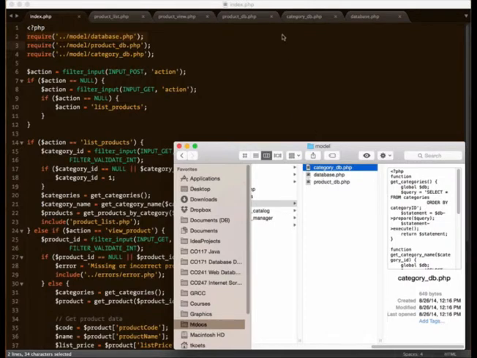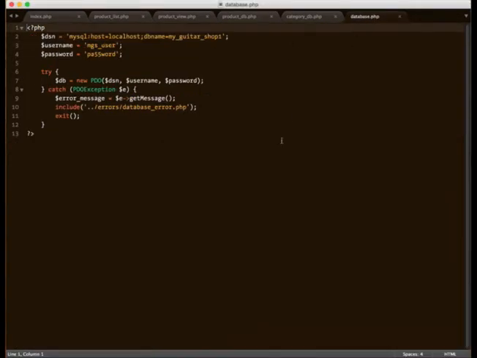Okay, so first off, database. Now you've seen this before. This is the code that sets up a PDO object, which occurs right here. And here are all the parameters. We have our user and our password and the connection, which is using localhost. my_guitar_shop1 is the database. We're attempting to open a connection here, and if that fails,